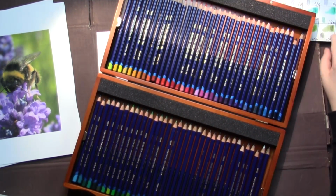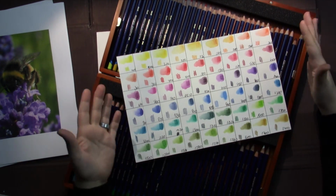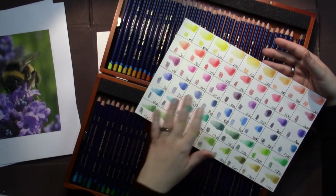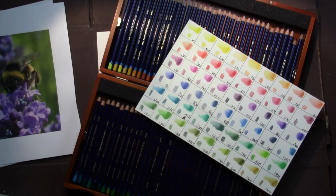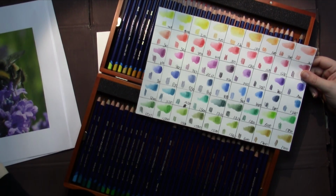And I decided to take the full set for the Inktense in the blocks and the pencils because, well, you can see here I have all the colors and I just have to work with the numbers and have exactly the same pigment in whatever way I like. So for the first one,